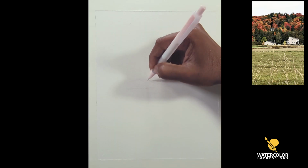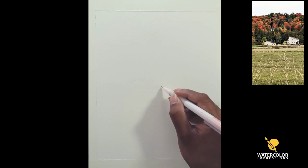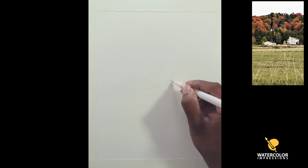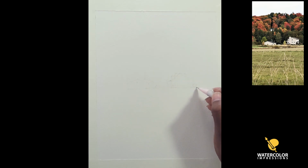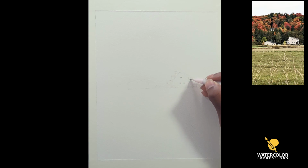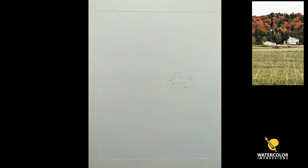Before I start any painting, I think about my motive or my composition, or what I'm trying to convey through this painting, or the story I'm telling. And you can see in the reference there are three houses, one in the middle of the uphill, and it is quite a unique reference, but I want to